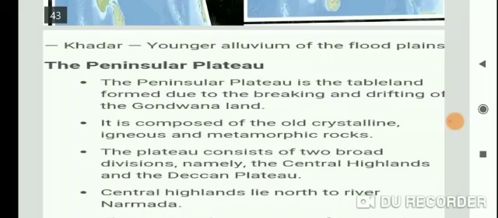The eastern part consists of the areas known as Bundelkhand. And now next, the Chota Nagpur Plateau marks the further